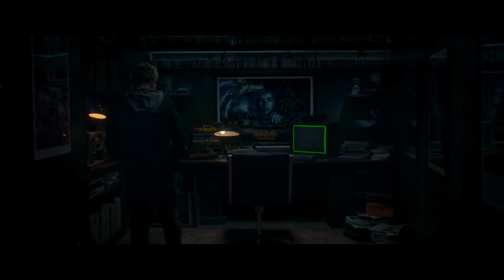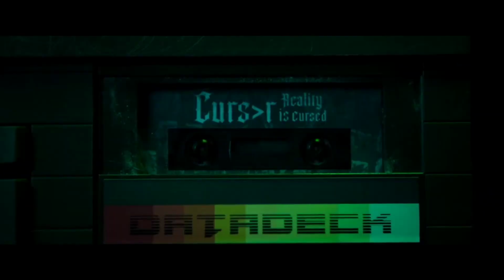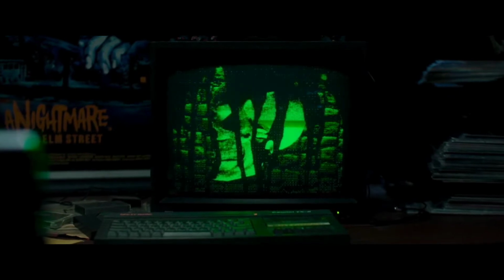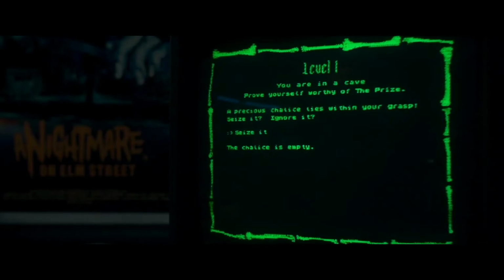The movie starts with a loud quarrel between a mother and her son. They are fighting about something. Over in the other room, the husband is listening to them. He is clearly exhausted. Hal goes back and switches on his computer. He was trying to run an old game from the 80s called Cursor. The reality is cursed. Some questions started appearing on the monitor.